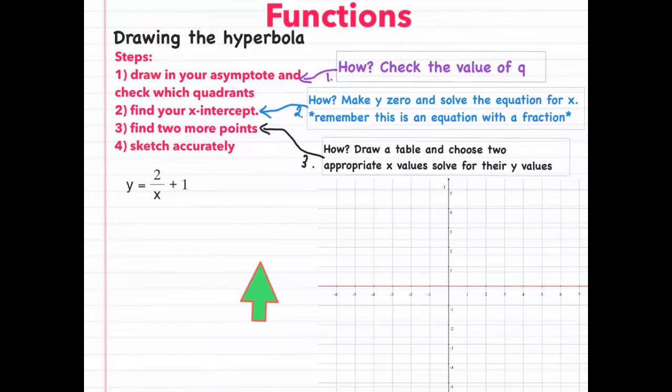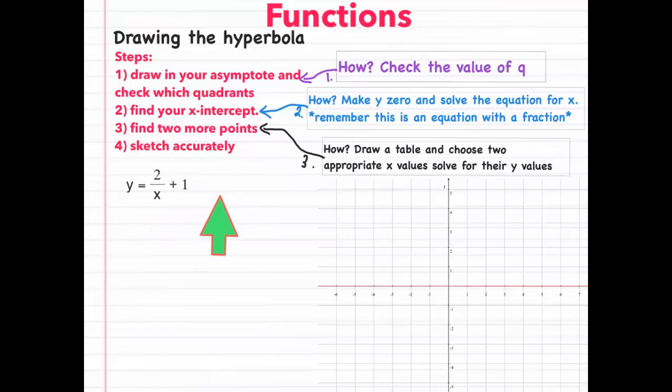Again, welcome back to our functions lessons. In this lesson on the hyperbola, we're going to learn how to draw it. Now hold on to your seat, it's not that difficult, it's actually quite easy, and you'll laugh at the end of this lesson to see how easy it actually is. So first of all, with all of our functions, we want to go and look at the plus q